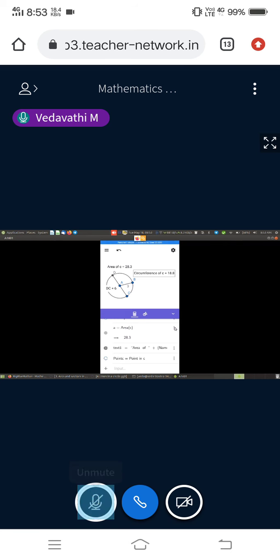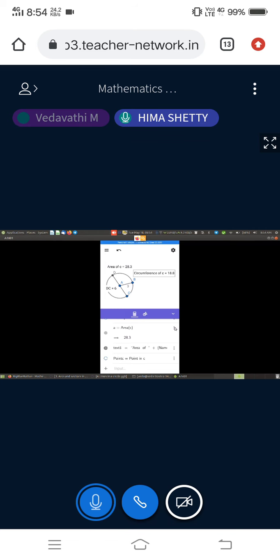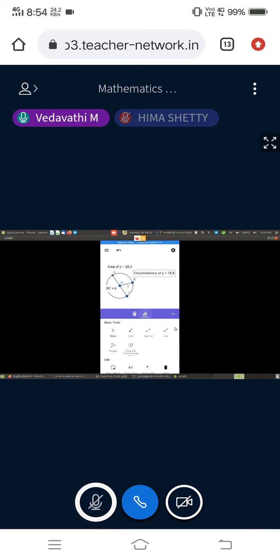Can students confirm? Yes, ma'am. So don't use the toolbars. Just make sure you use the algebraic plane. If you get any error, let me know, or if you find any difficulties to construct using your